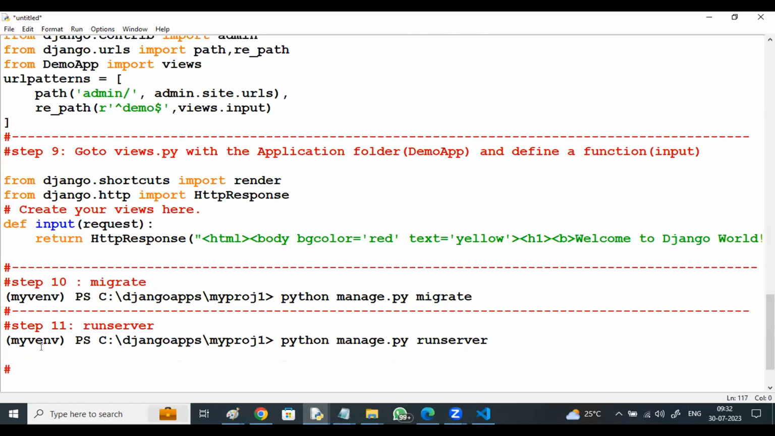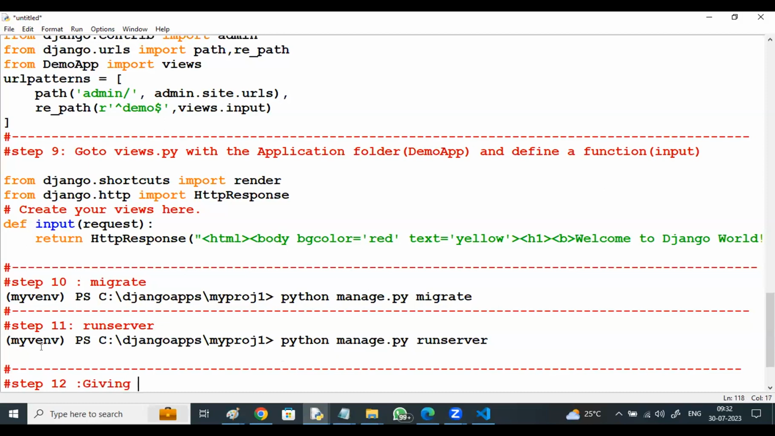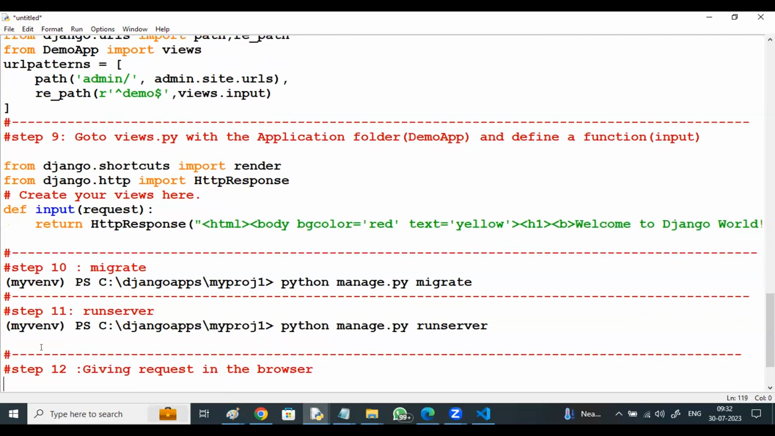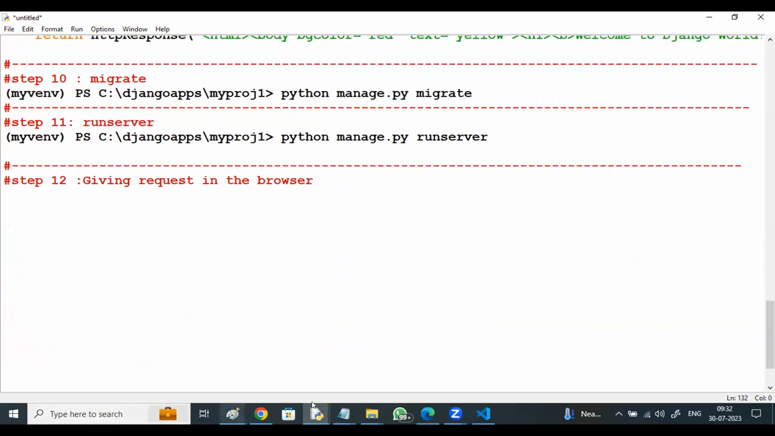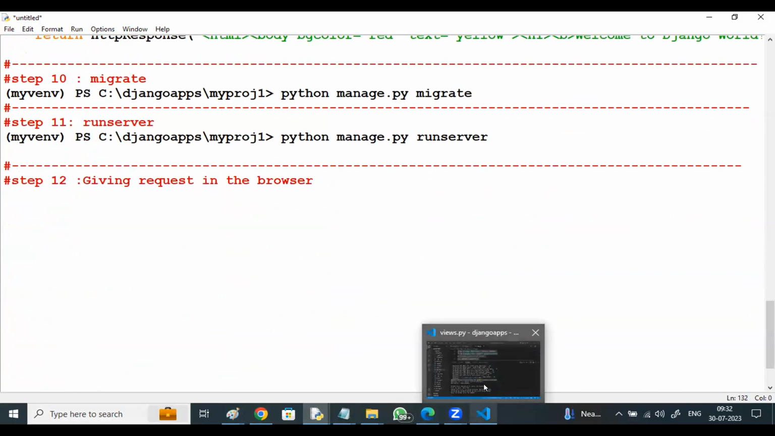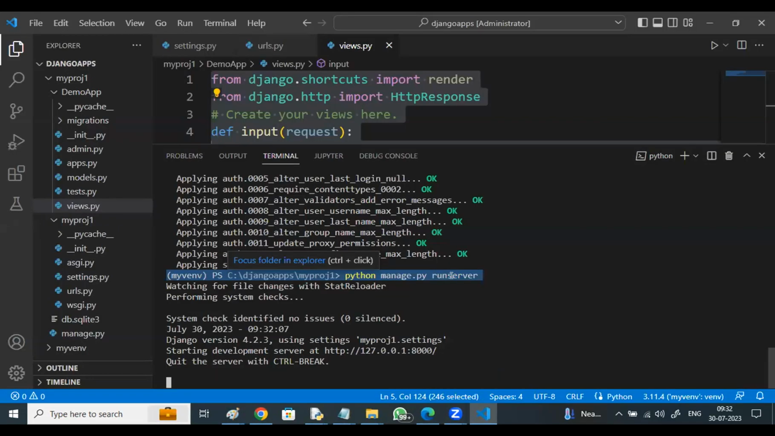Now the next step is giving a request in the browser. Last step. Step 12, giving a request in the browser. How to give a request in the browser? Okay. So whenever you say runserver,